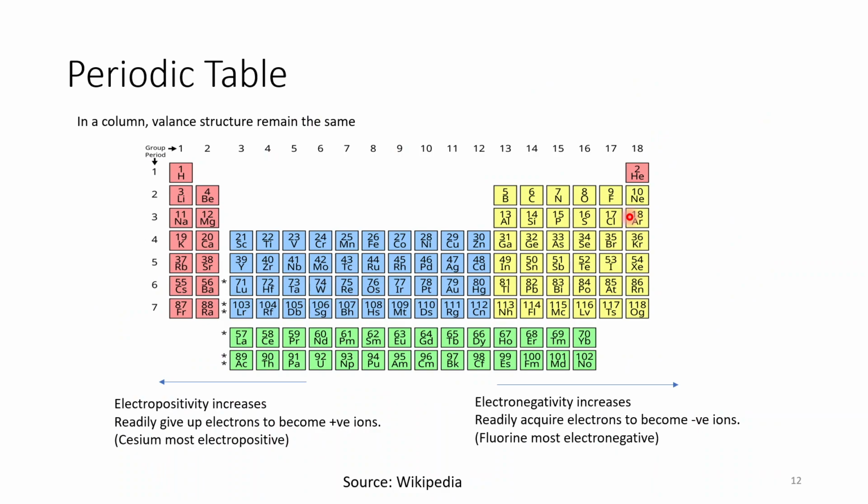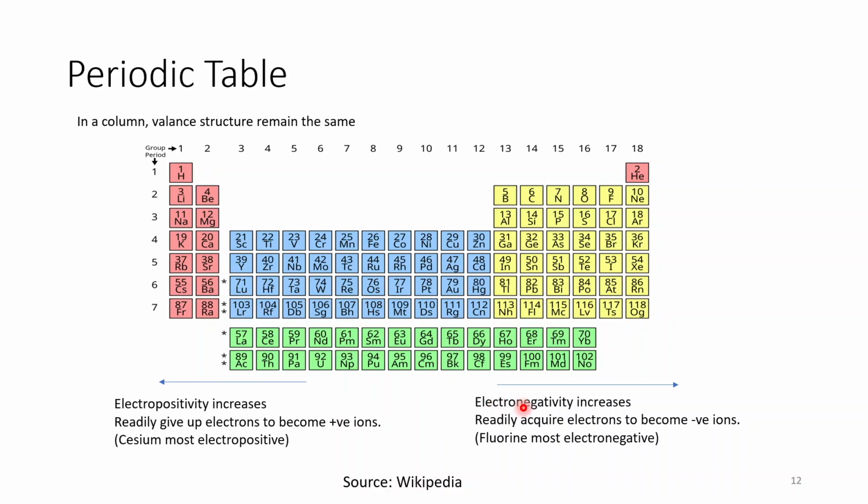Now we'll be going through some lecture notes, which can help you in understanding your assignment questions. Firstly, the foremost important thing for understanding crystal structure is that you first need to understand the periodic table. When you go along columns, there are various groups, 1 to 18 groups, and in the column they have similar valence structure. So the number of valence electrons is similar, that's why they show similar properties.